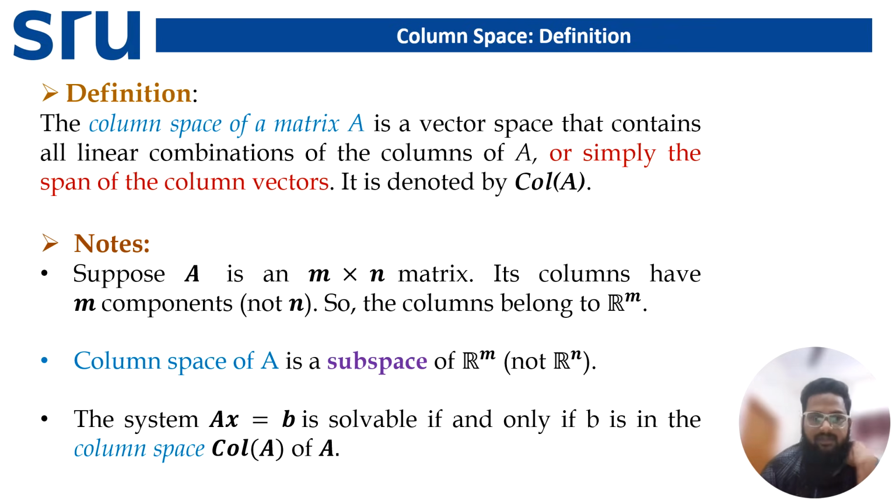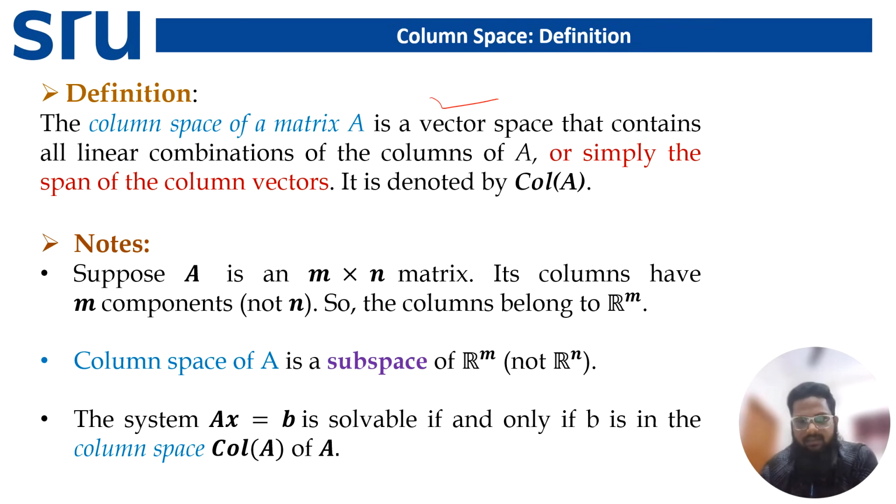So coming to the definition of column space. The column space of a matrix is a vector space that contains all linear combinations of the columns of A. So what is a vector space? You know that a vector space is a